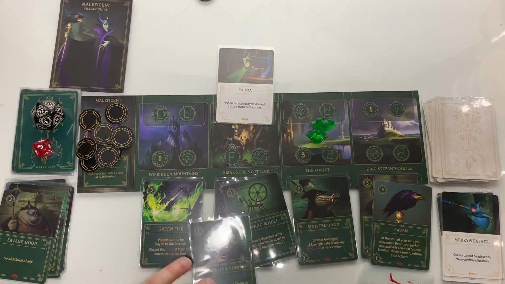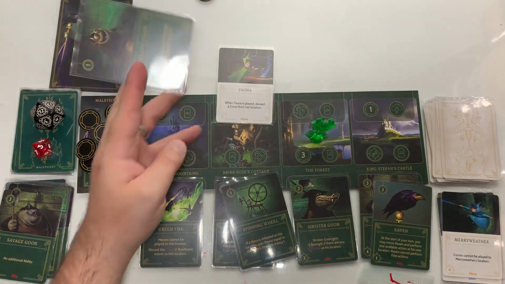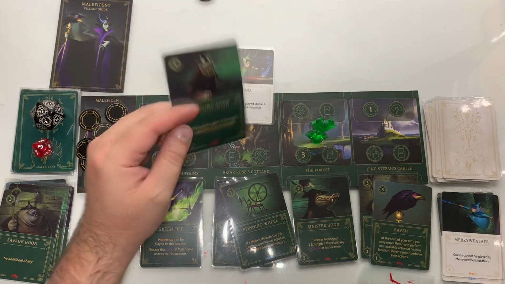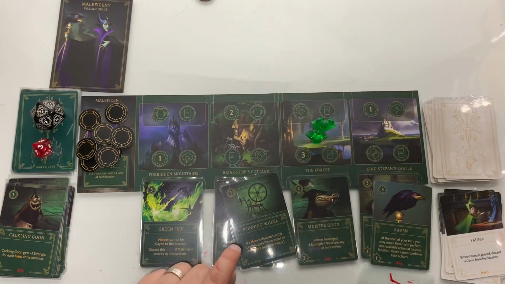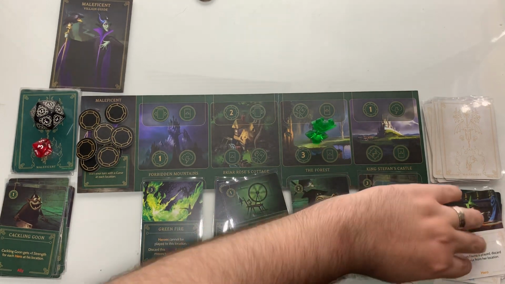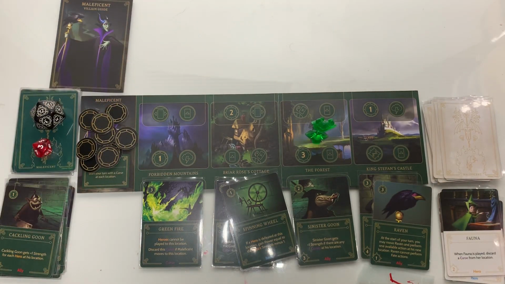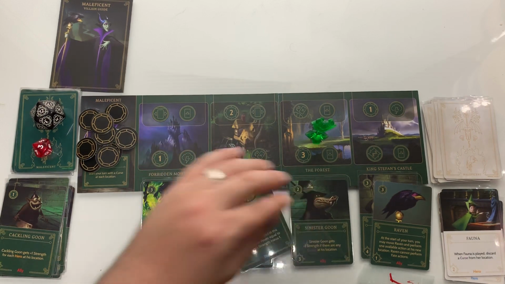our turn. So we'll use the Cackling Goon to defeat Fauna. He has 1 strength, she has 2, but he gets +1 strength for each hero at his location. So he has 2 versus 2. Defeats Fauna. And the spinning wheel lets us gain power equal to the hero's strength -1. So 2 minus 1 is 1. So we gain a power for that. Let's see. So we can still play a card. What do we want to do? Why don't we... So we'll play...